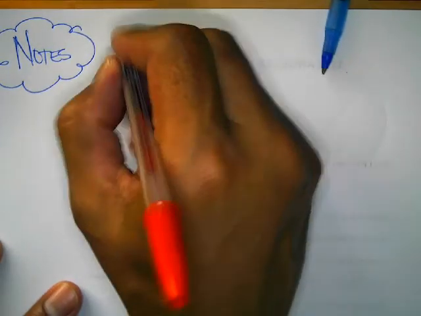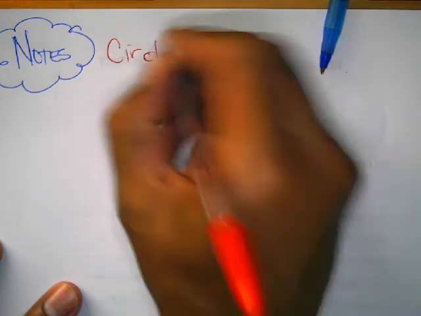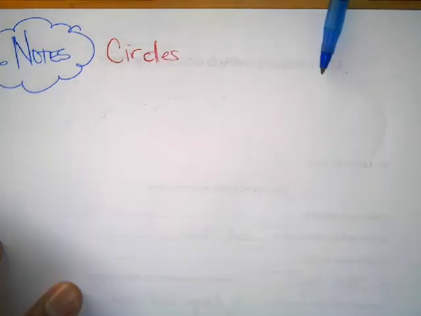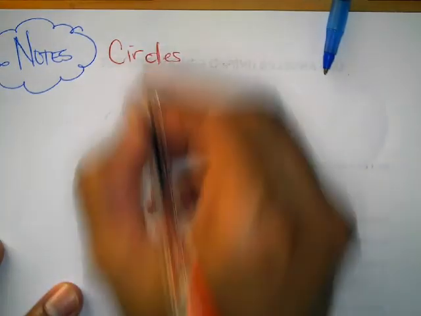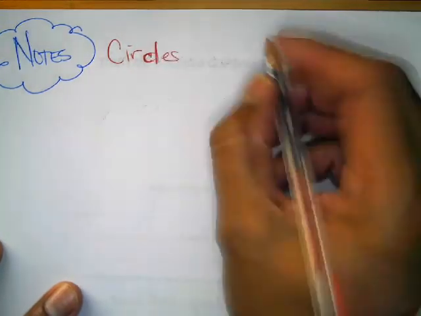Okay, here are the notes for arc length. This is for circles, right? We're dealing with circles. Oh, that looks like a D. It's not, it's circles. So letter C here and then an L. Circles, we're looking at